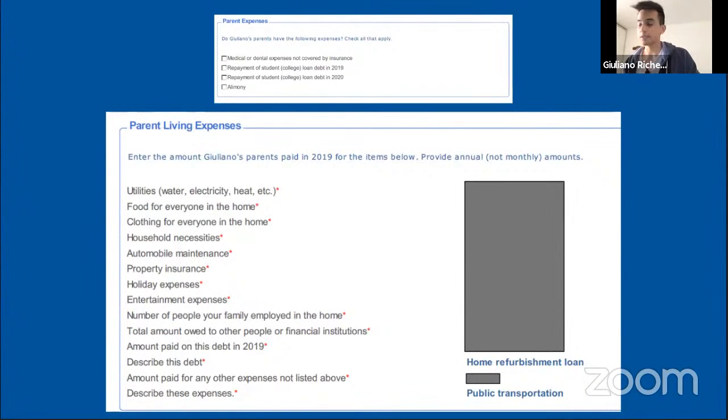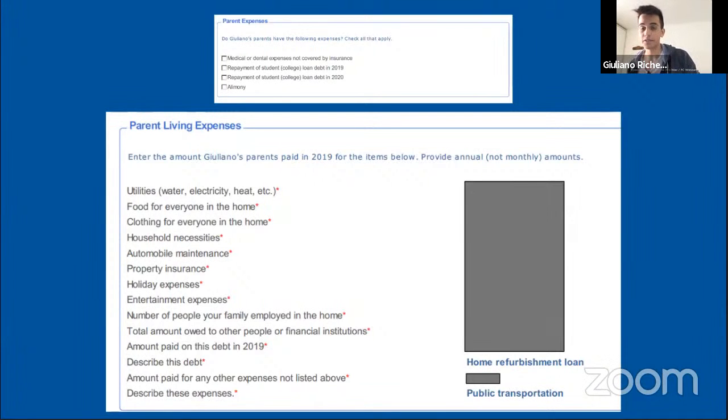So now for living expenses, this is one of the most important sections. You're going to have to pay a lot of attention to this particular section, because it's going to define how much you spend and how much you'll actually be given by the university. So again, all this is 2020. You need to just gather all the financial documents that I told you about, all of your taxes, all of your bills, and then just start making additions, trying to come up with numbers that reflect how much